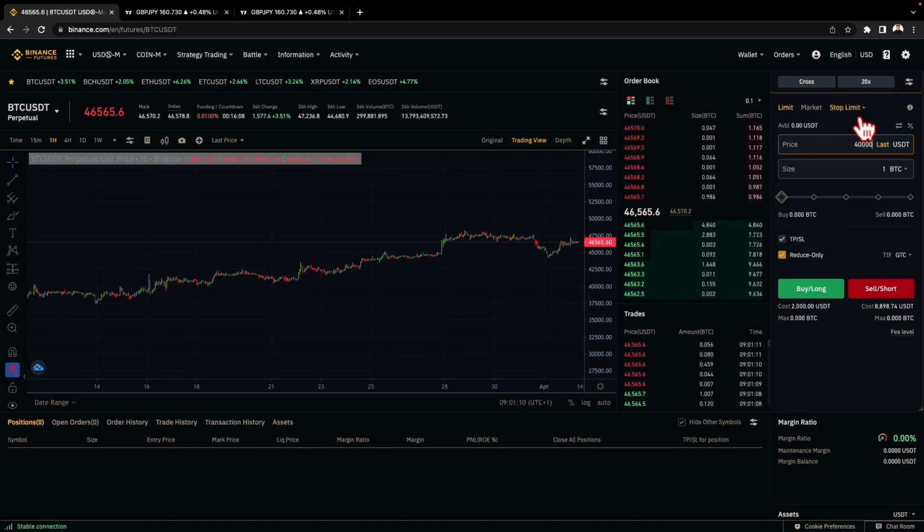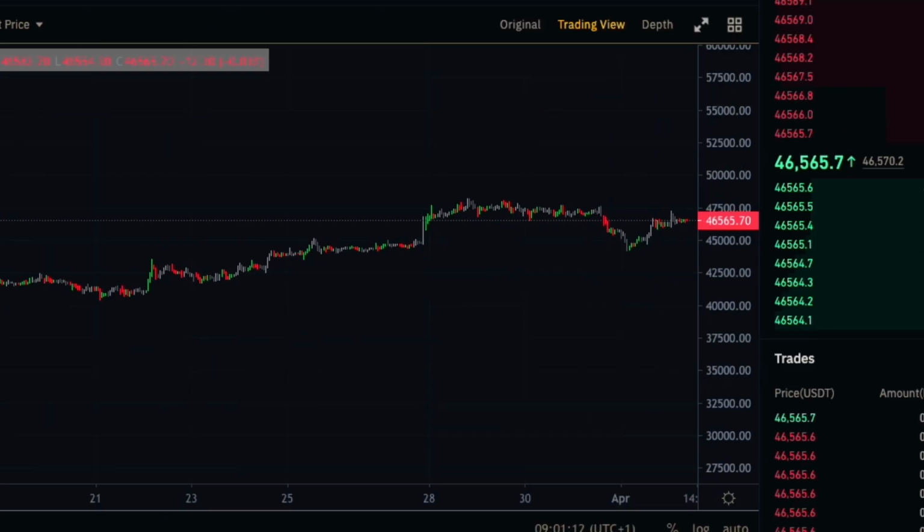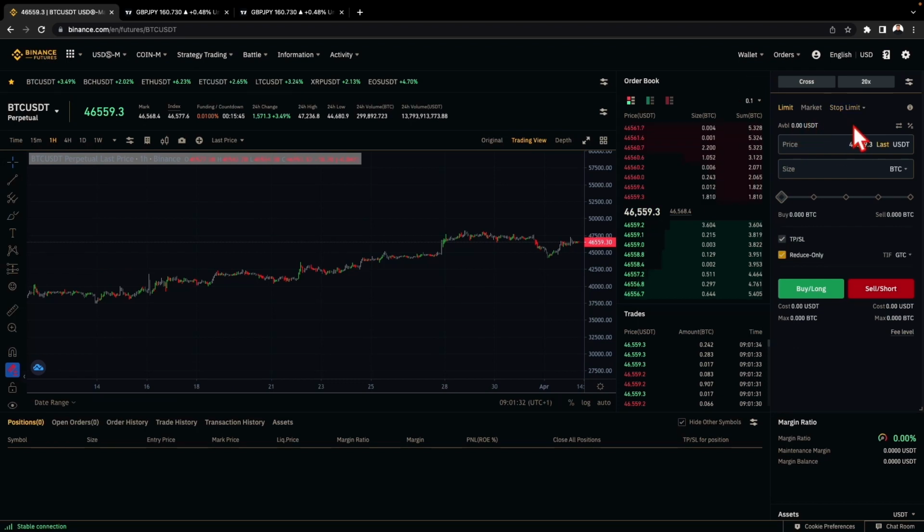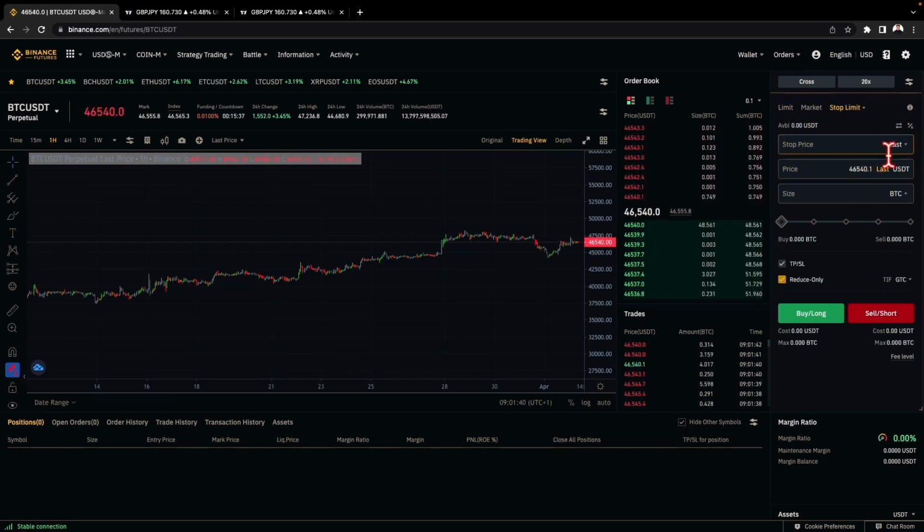So I can use a stop limit to control it, or like you can buy when the price is 40K, but don't exceed 35K. So I just want to buy within the range of 40 to 35K. So here I'll put a stop price of 35K so that it won't go and buy for me when Bitcoin is $0. It's just to put like a boundary. So the boundary will be what's in my limit, which is 40K. That's in my limit I've placed, and what is my stop limit, which is 35K.